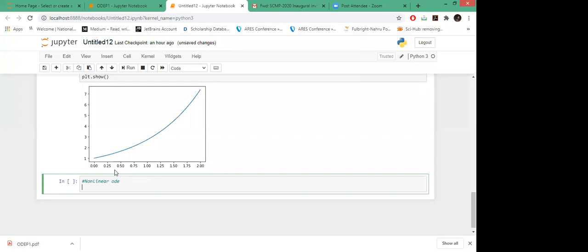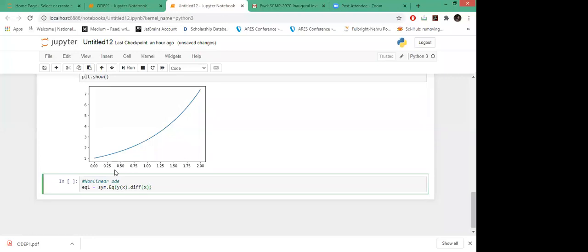I'll be using the same x and y as a function, and I'll again define my equation as eq2.